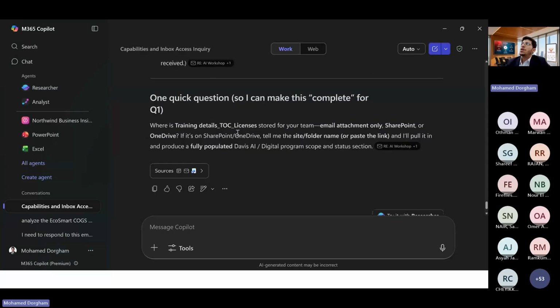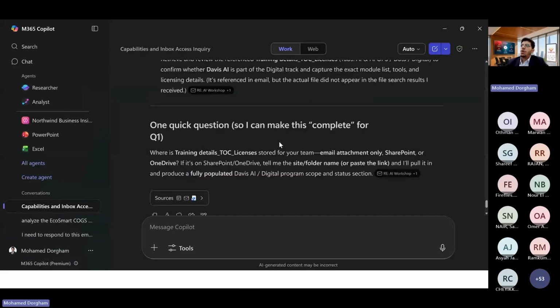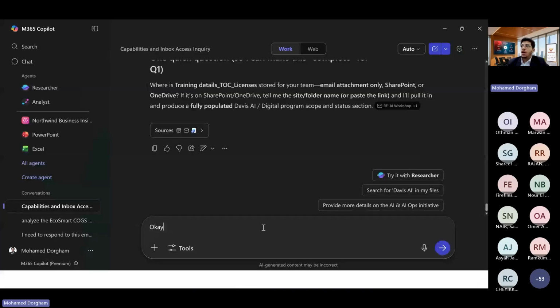So even if it's not clear, I can come here and ask it: for the open emails that I did not reply to yet, mention them here and recommend action plans.